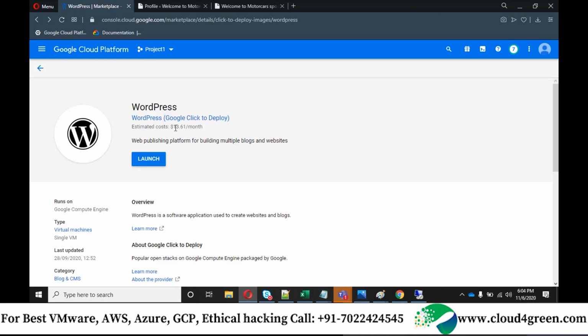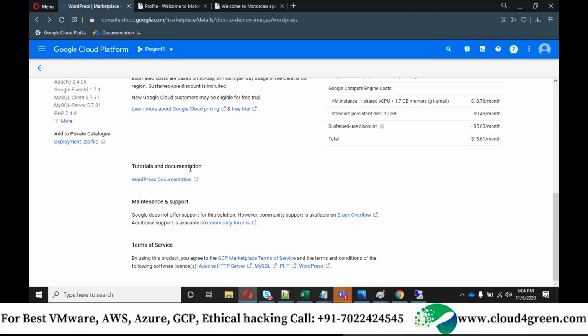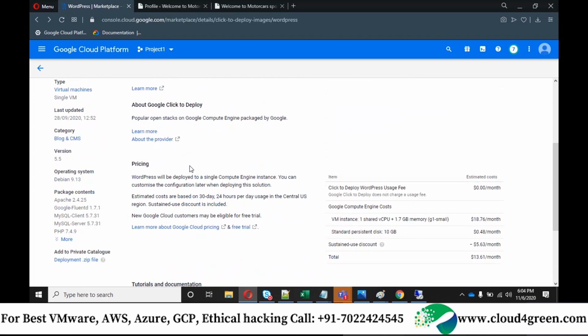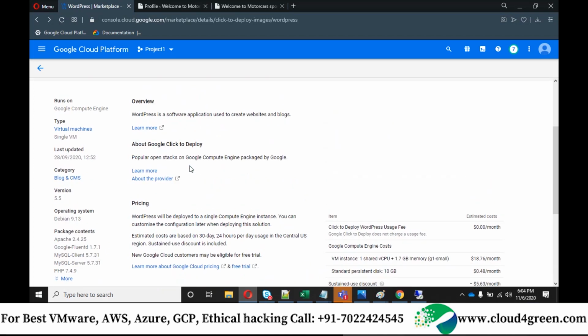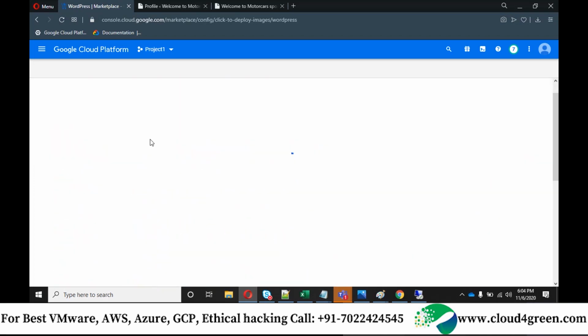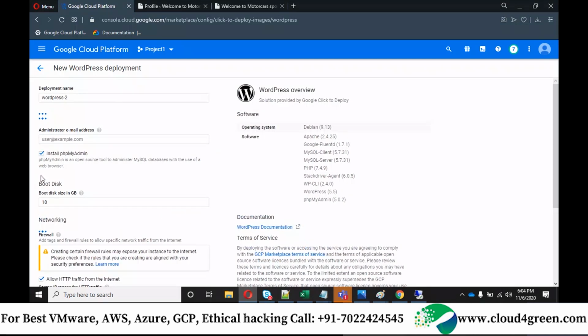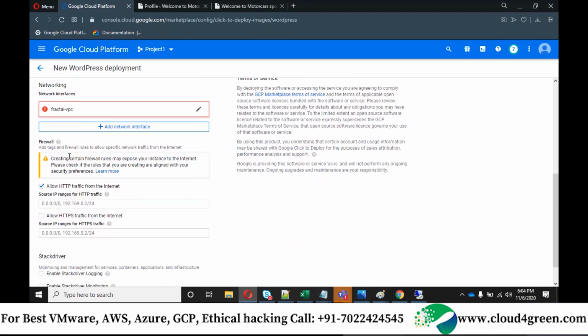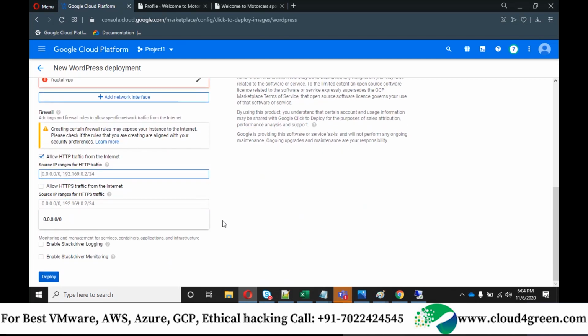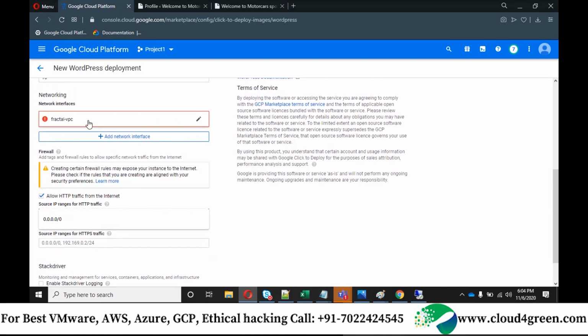Same one, Google Click to Deploy WordPress. You don't need to fill anything, it will take it automatically. When you click on launch, it will ask you to provide your administrator email address. No, sir, this Fractal VPC, just on the top, it's showing some error, and it's not deploying after that.